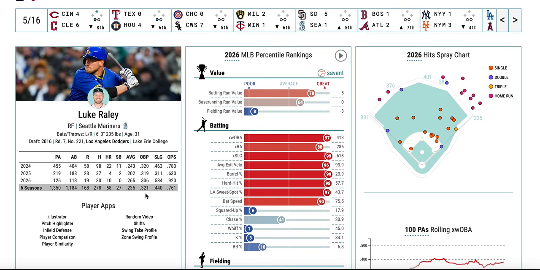But if you're looking for a little bit of cheap power, so far he's got 10 home runs this season and a .920 OPS. He's someone I've been staring at for a long time. He's still honestly sitting on the waiver wire in my league. But if someone were to get hurt, I actually have Acuña right now. But if someone else were to get injured, I may grab him and see if I can ride him